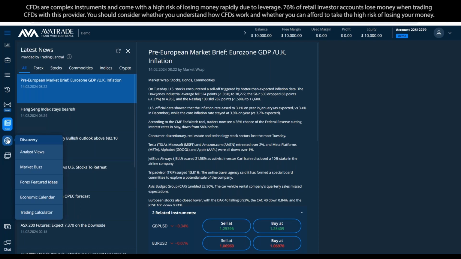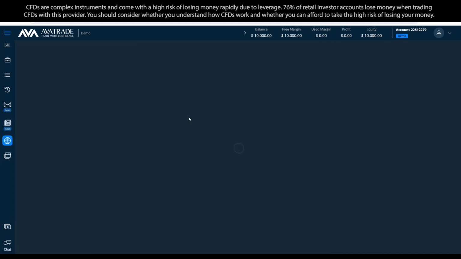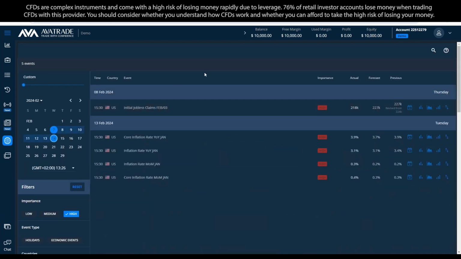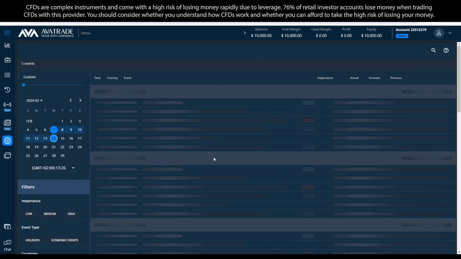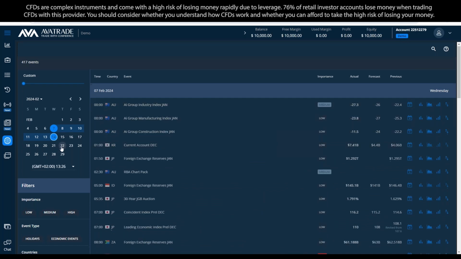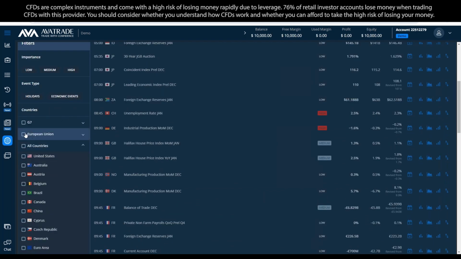Okay, now if I go a little down to the discovery here, see this globe icon here? There is economic calendar. And this is another wonderful way to capture a fundamental analysis, right? So what we can do is we're going to go down to here and we're going to click on all